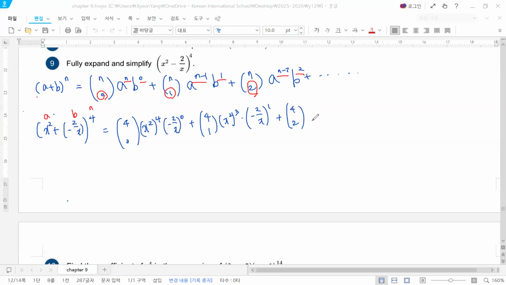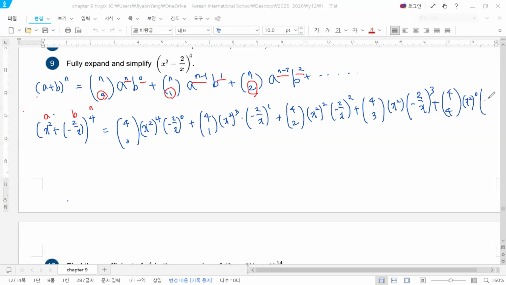plus 4C2, a to the power of 2, b to the power of 2, plus 4C3, a to the power of 1, b to the power of 3, plus 4C4, a to the power of 0, b to the power of 4. Okay, and since these values are 1, 4, 6, 4, and 1,